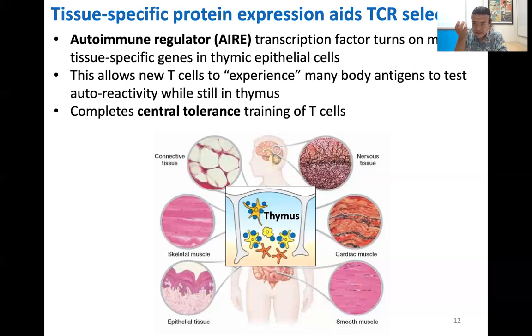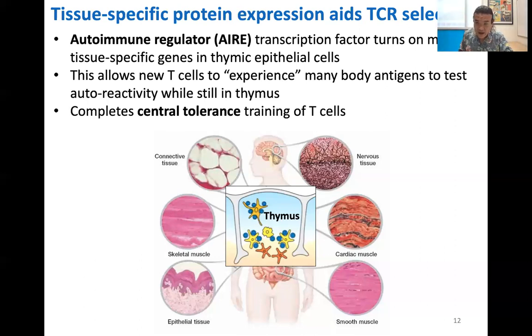Remember, the whole point is, because the T cell receptor was made randomly from VDJ recombination, and you're cooking up millions upon millions of different shaped T cell receptors, there's a very good chance that the T cell receptors will bind to something that's being presented by a totally normal, healthy cell in your body on its MHC. So the T cells are not allowed to leave the thymus until they've been screened to make sure that